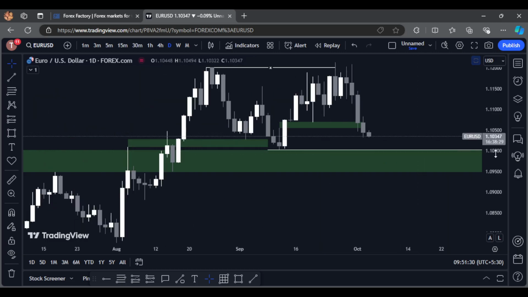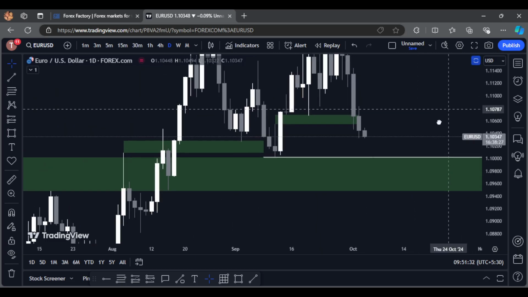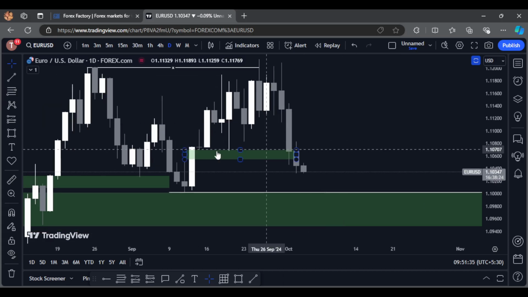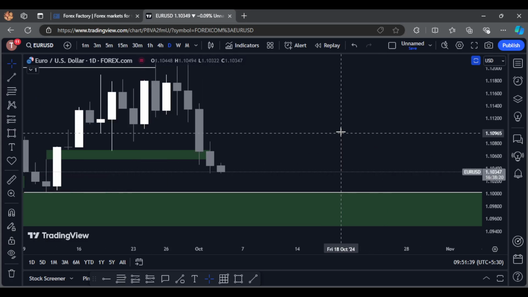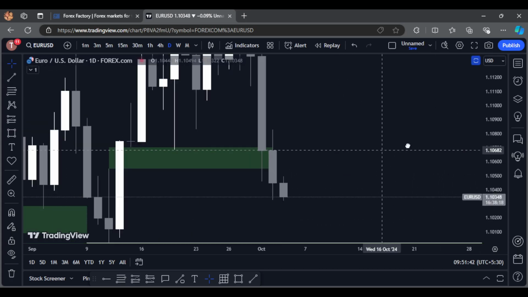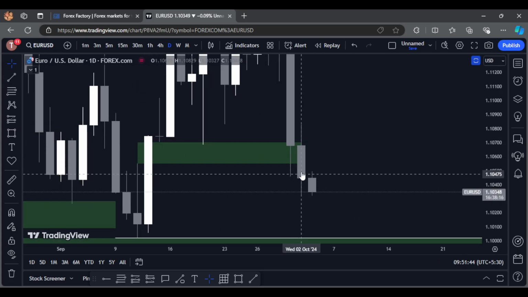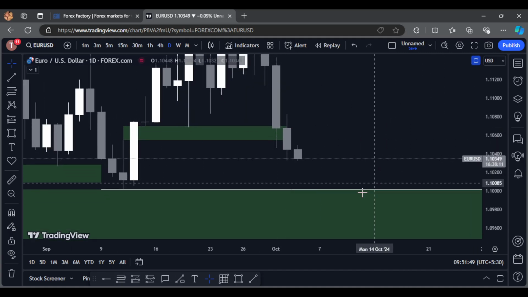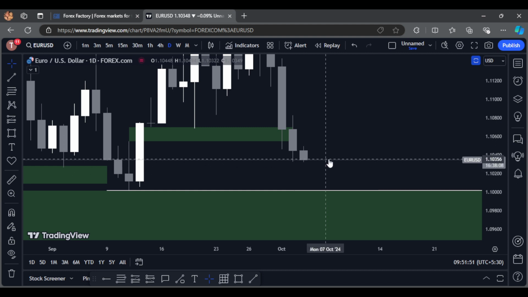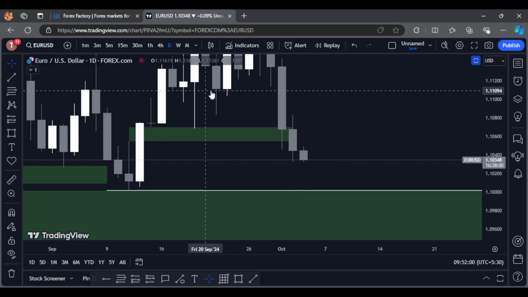As we move into the daily chart, what we can see is that the price has disrespected this FVG and moved into the downward direction. And I can say that this is a disrespect because this candle has closed below this FVG and we are currently moving into the further downward direction. So now we have a bias that we are going to move into the downward direction, since all the three charts align with each other. So let's move to the 4 hours now.